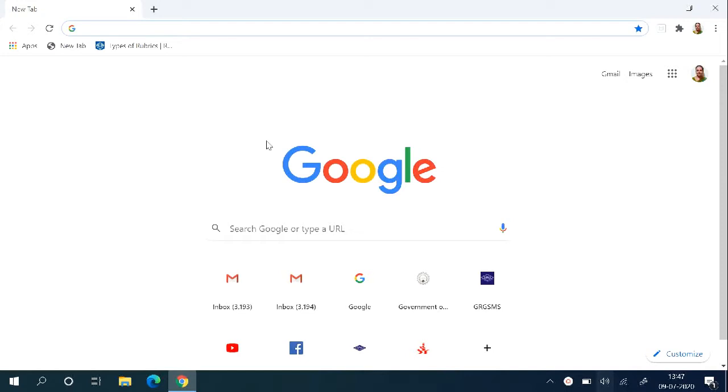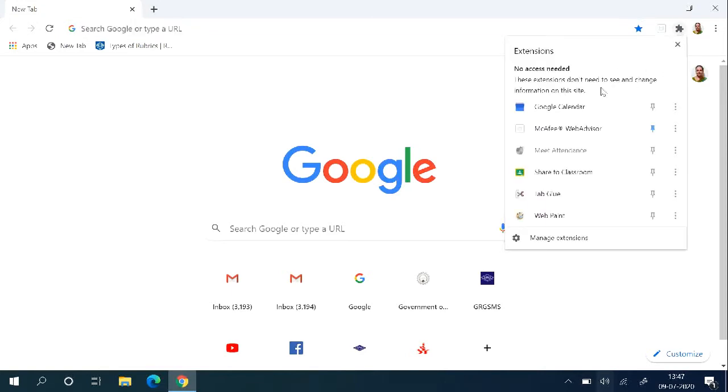So what are these extensions? Extensions are nothing but a small software module for the customers which is available in the web browser. Additionally, I can include that extension into my Chrome, so anytime I require, I can just access it and use it. On my screen, this is the way from where I access my extensions. If you click it here, whatever extensions I have already included will be available here.